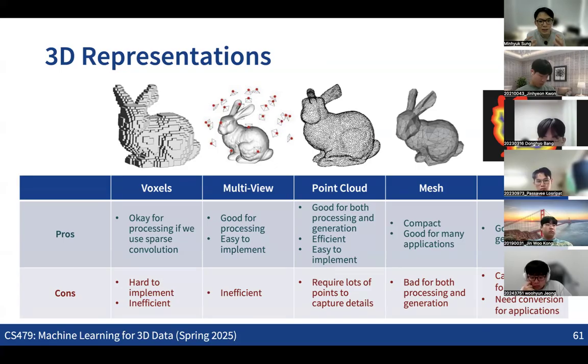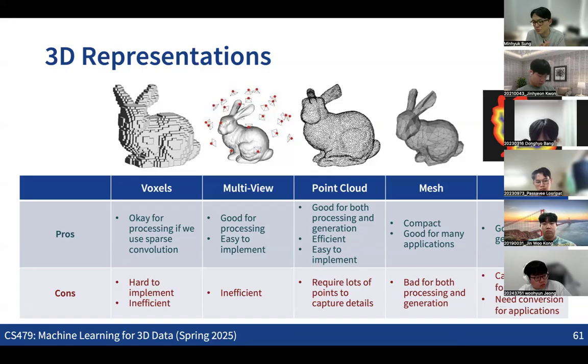So depending on what we want to do and what type of data we have, we might need to do some kind of conversion from one to the other. As I mentioned, if we have multi-view images, that can be good for processing. But if we apply some manipulation or other applications to those, then we might need to convert the multi-view into some explicit